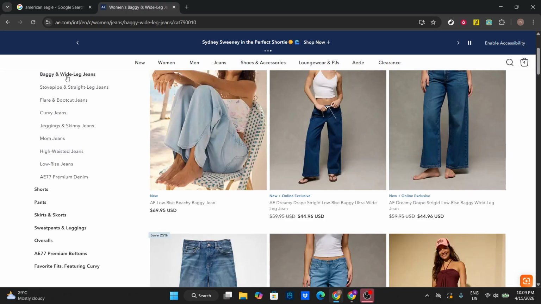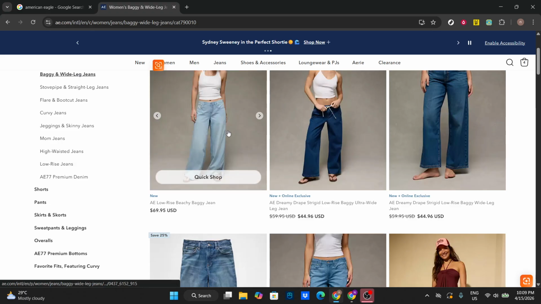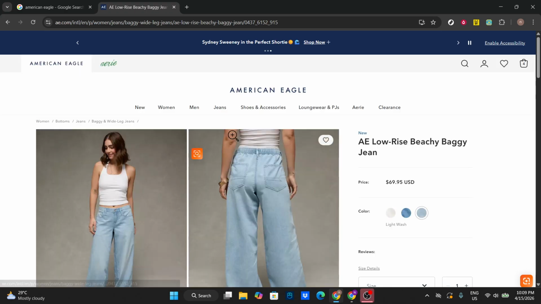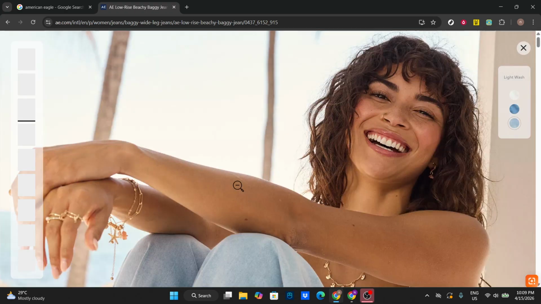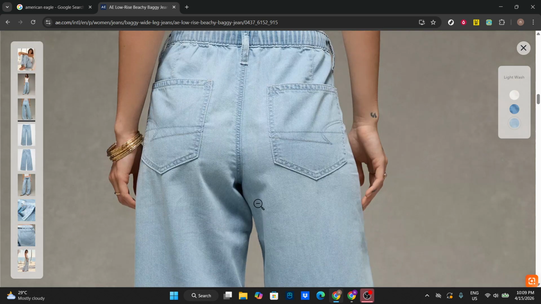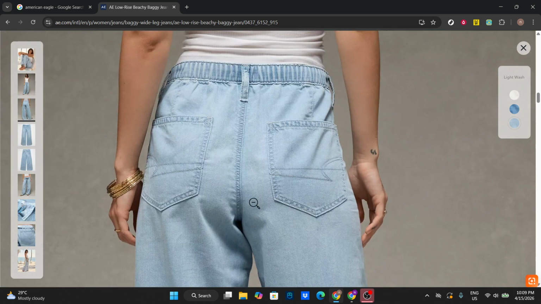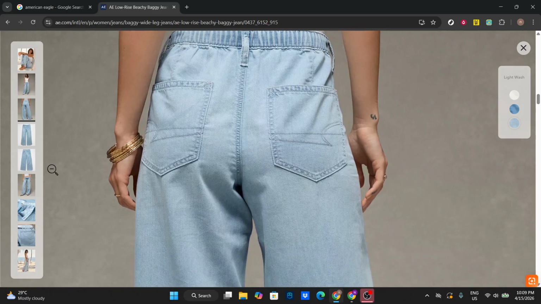Now browse the collection. Scroll through until something catches your eye. When you find a pair you like, click the product photo to open the detailed page. Use the image viewer to zoom in and out so you can check fabric texture, stitching, pockets, and any special details. Look through the gallery for front, back, and lifestyle photos to get a better sense of how the pants